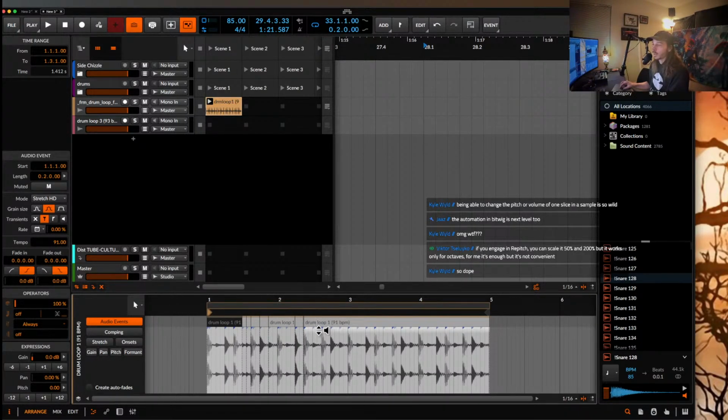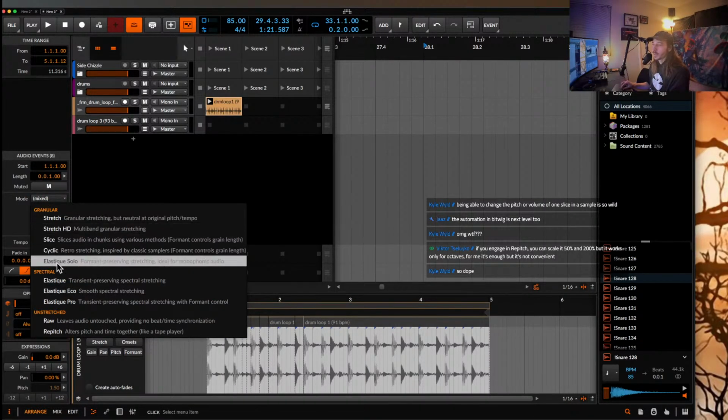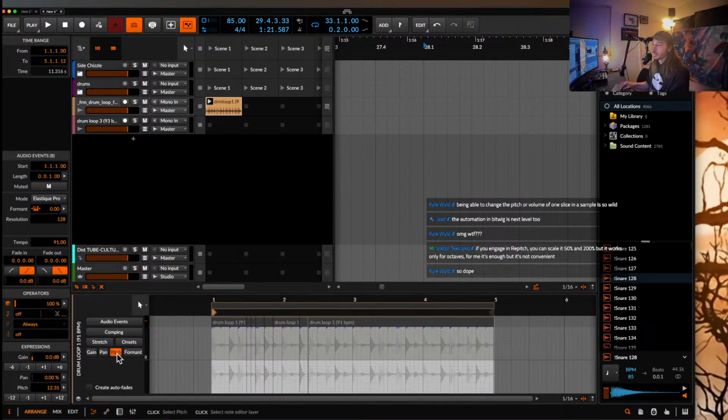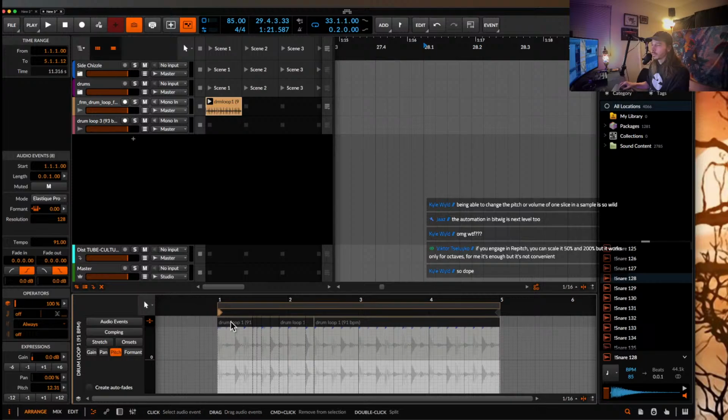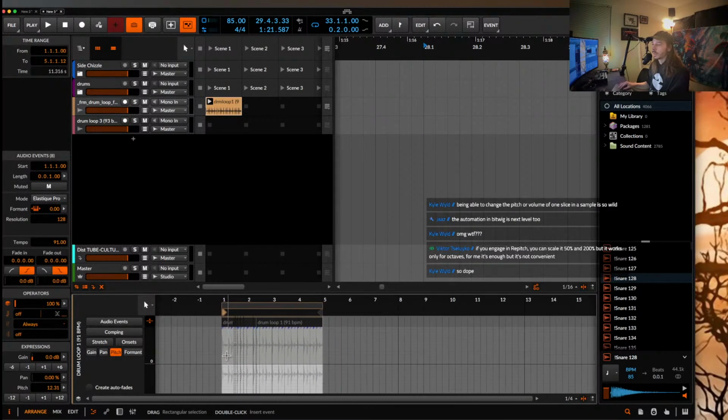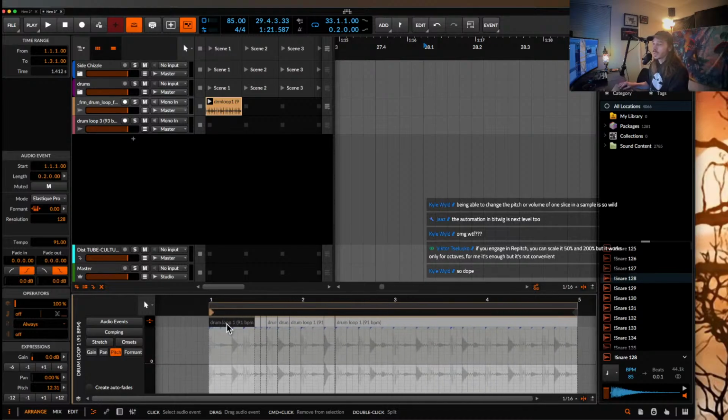So we can highlight all of this, and this is something that I really enjoy doing. I'm gonna highlight all of these, change the warp mode back to, I don't know, say Elastic Pro, grab the pitch, and then add chaos to this. Let's just raise this up, and now what you'll see is if we go to the pitch here, I believe this should all be like absolutely wild, if I'm not mistaken. It should all be different. I know that much. Yeah, so if you look here,